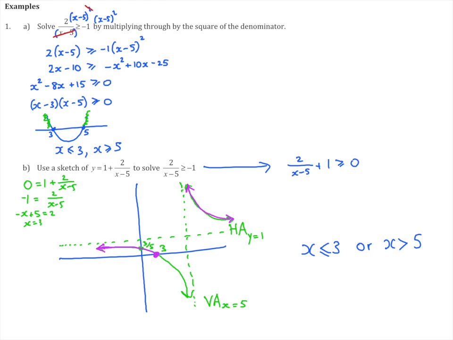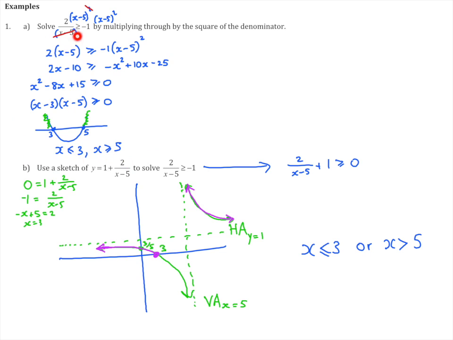Now, that's interesting, isn't it? Because when I look at my answer to part A, it's actually pointing out that I didn't get part A right, because this question here and this question here are the same. Now, I was a little bit careless on this one, and we need to discuss why that mistake was made. So the maths is correct, but when I get down to the bottom here, I need to be careful,